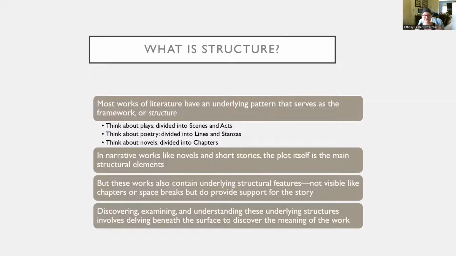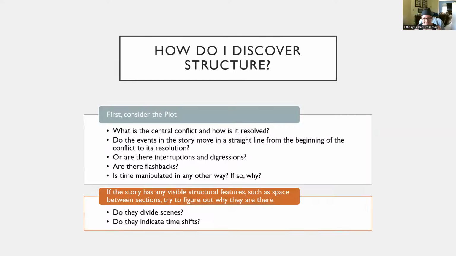But there can be some subtle things going on with the structure that do provide support for the story. So first, consider the plot, right? What is the central conflict and how is it resolved? Do the events in the story move in a straight line from the beginning of the conflict to its resolution? Or are there interruptions and digressions, right? Are there flashbacks? Is time manipulated in any other way,